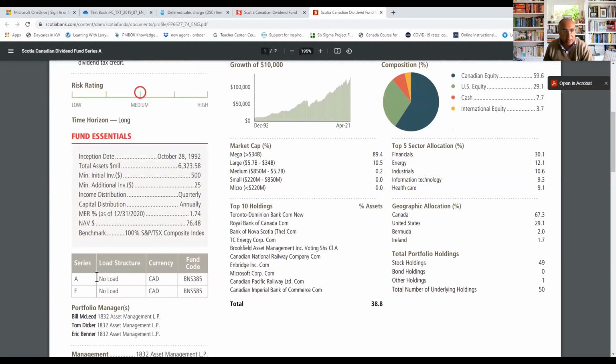The second is the load. As you can see here, no load. Load means if you buy, do you pay a fee? If you sell, do you pay a fee? No load means that there's no fee to buy and no fee to sell the mutual fund. And in the bank, all the mutual funds usually have no load. So that is the concept about the load. But in your course, you also need to know about